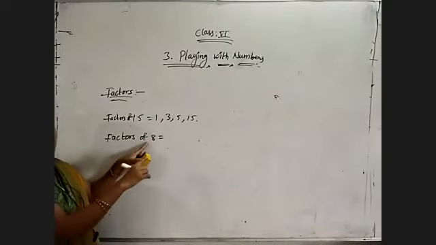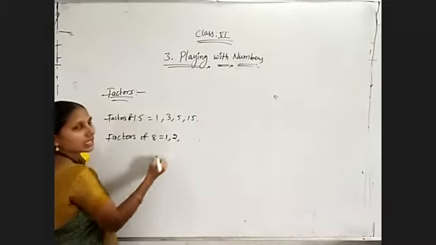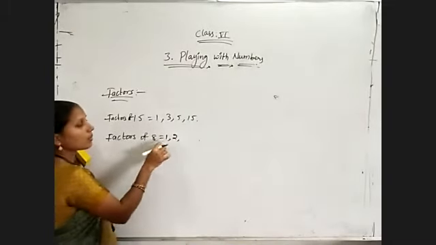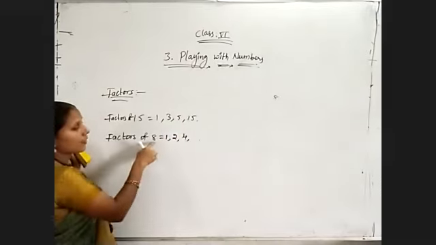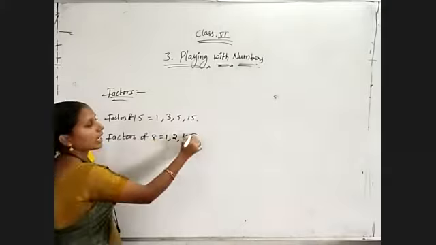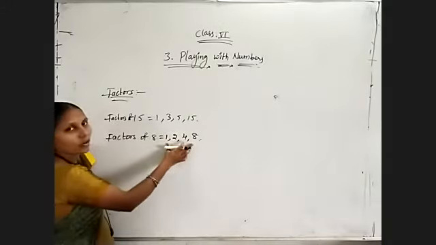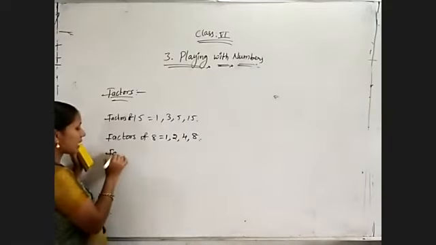1 to 8 tables we need to check. In the 1 table we will get 8. 2 fours are 8. 3 table we will not get. 4 table, 4 twos are 8. 5 table we will not get. 6 we will not get. 7 we will not get. 8 ones are 8. So how many factors are there for 8? Total 4 factors. Coming to writing factors of